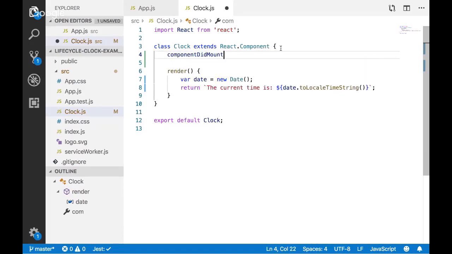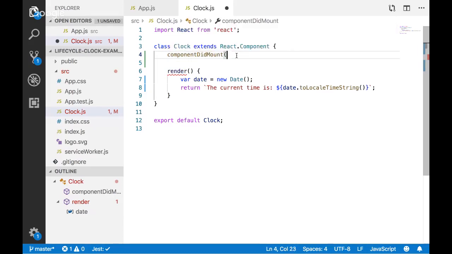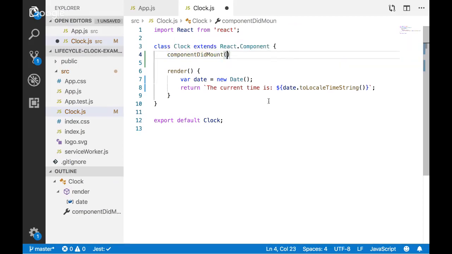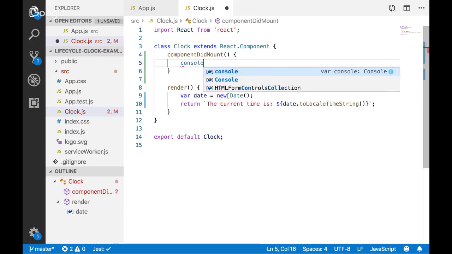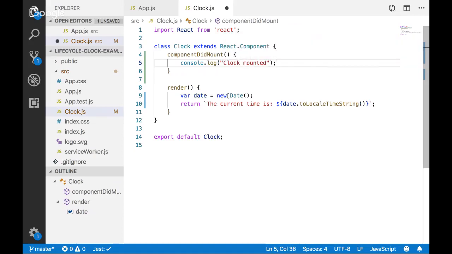So componentDidMount. And this actually tells you what properties get passed in. Oh, maybe it doesn't right here. Let me see. No, it's not going to tell me right there, so I won't worry too much about it. But they do get the information about your props or your component. But all I'm going to do right now is just add some logging to my console so that we can see what's going on.